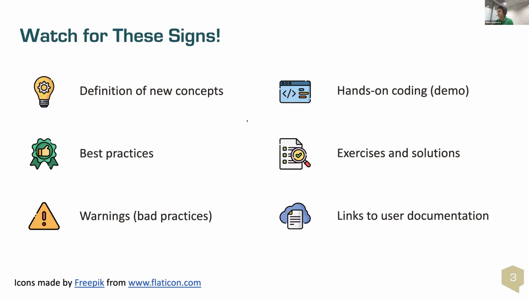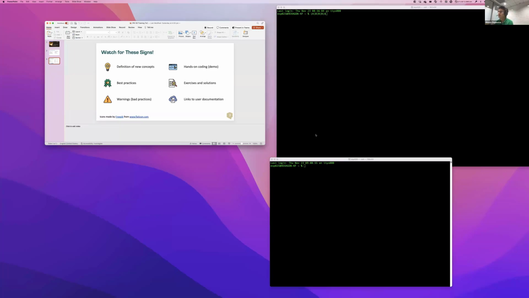So the slides are very nice. This is not my work, so I really find them really nice. There are some icons there that you need to be aware of: new concepts, or some warnings that you need to come back and read again to have them in mind, best practices, etc. So those are the indications in the slides. Sorry, I went too fast on this. I hope there are not